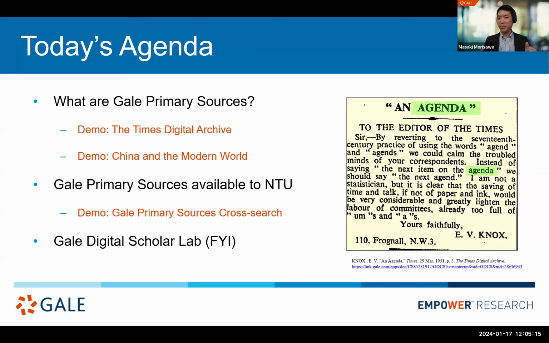And then after that, I will give you an overview of all 40 primary source resources that are available to NTU. I won't spend too much time because there's a lot, but I will just highlight some of my favorites and show you what kinds of topics and subjects they can be useful to. And then I will do a demonstration of a cross-search platform where you can cross-search actually most of those 40 collections. And if I have any time at the end, I might